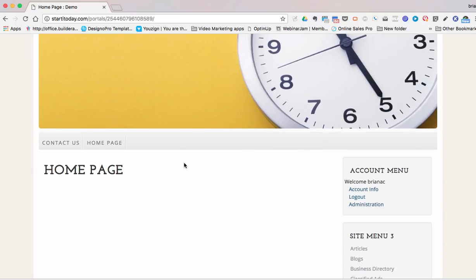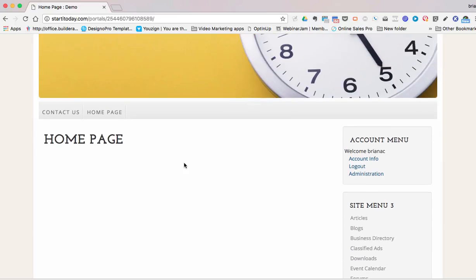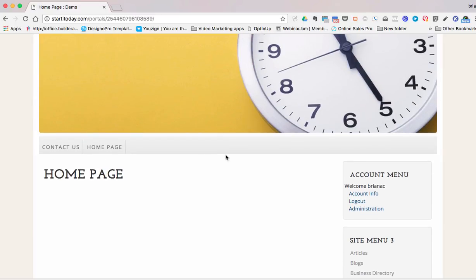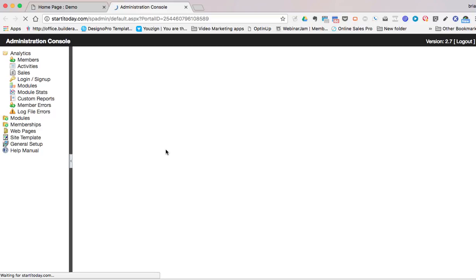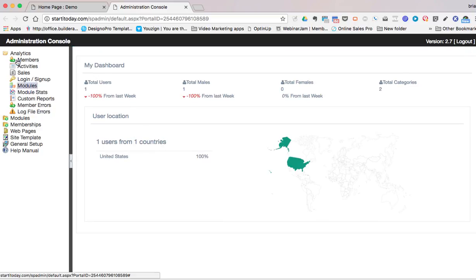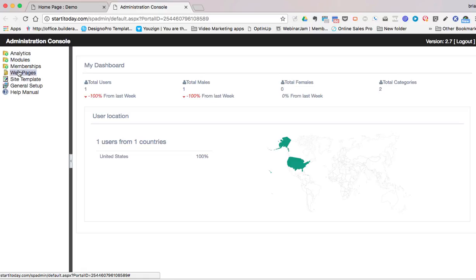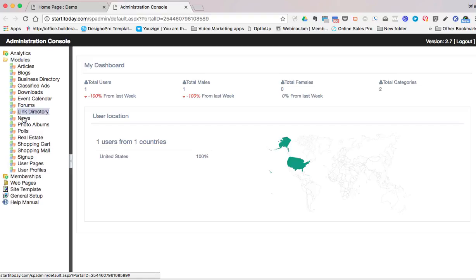You being the admin, in order to make the changes on your website, what you would have to do is go to the administration and click on administration. And it opens up your administration console. Close analytics, and then you will go into your web pages as we talked about before, so we start moving stuff around. Or you can go to modules. Let's do modules first. Depending on what you want to start working with and setting up, we'll start with